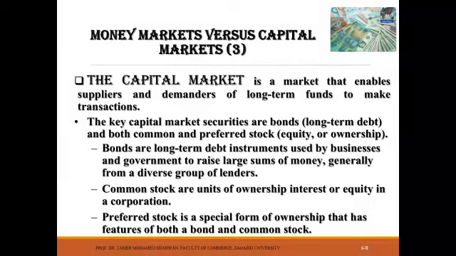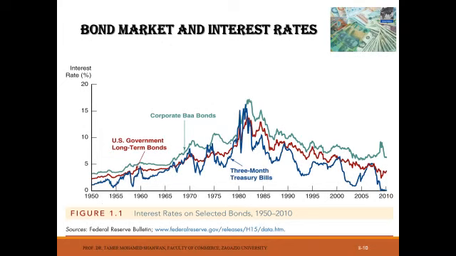Especially long-term bonds such as T-bonds, the bonds issued by the US Treasury, and in most of cases its maturity is more than 10 or 30 years. Of course, when we are speaking about money market and the capital market, we must also be aware of the relationship between bond market